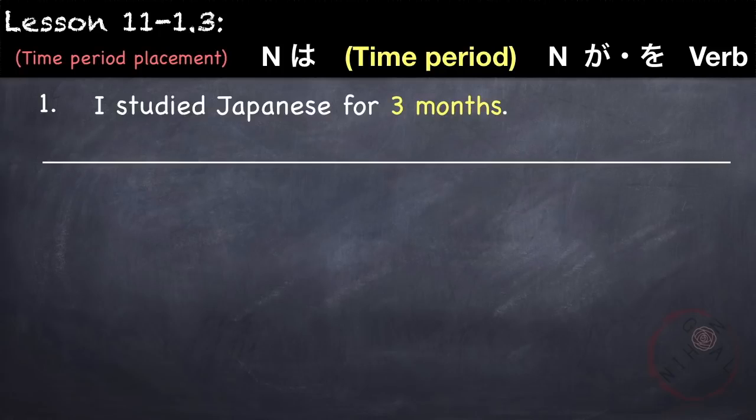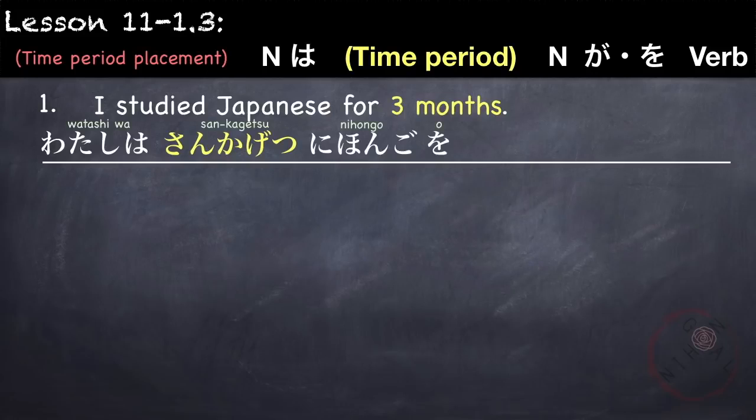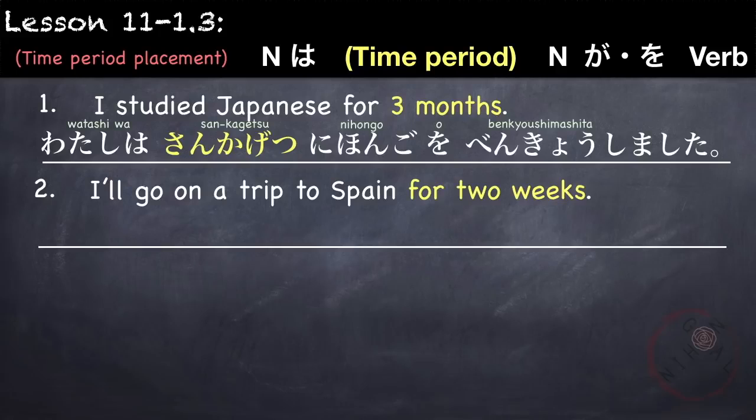So, for this example, let's say, 私は 3 months is 3ヶ月. 3, and the suffix for months is ヶ月. And our predicate, studied Japanese. 日本語を勉強しました。私は3ヶ月日本語を勉強しました。